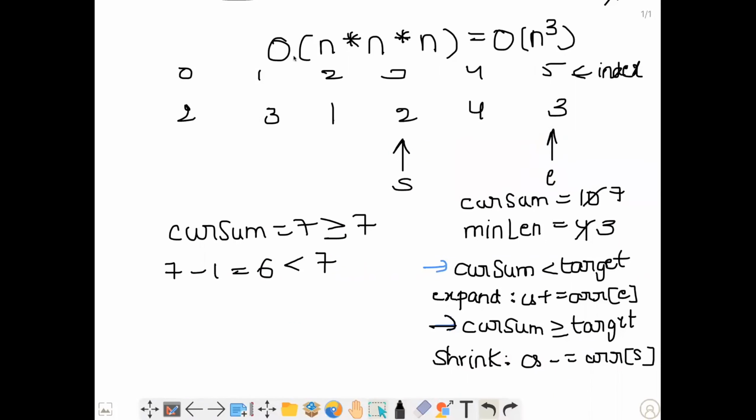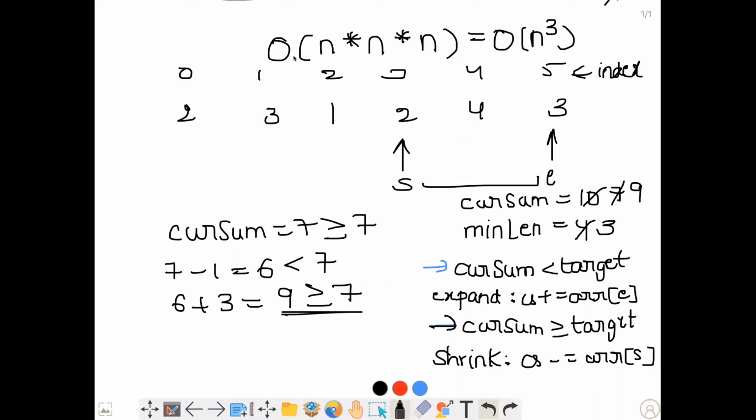E goes here. And now we have to add it to our current sum. 6 plus 3 is 9. 9 is greater than or equal to 7. We update it. This will be 9. And now this window is a potential answer since 9 is greater than or equal to our target